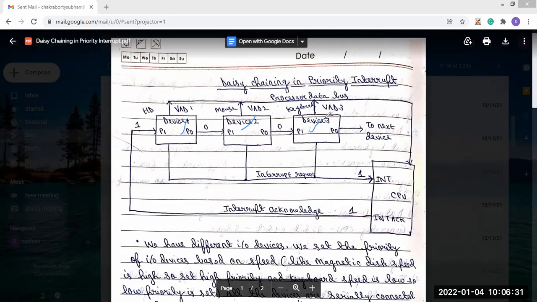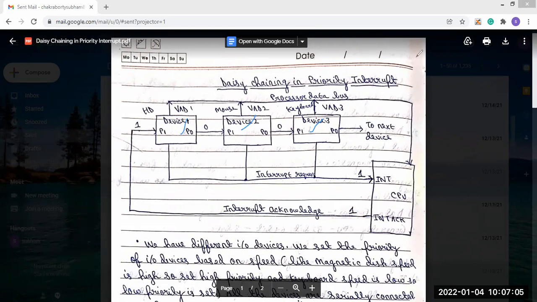In our example, we are using the magnetic disk, whose speed is much more than all the other input output devices, so we set that priority high for the magnetic disk. But the keyboard has low priority because the speed of the keyboard is low.